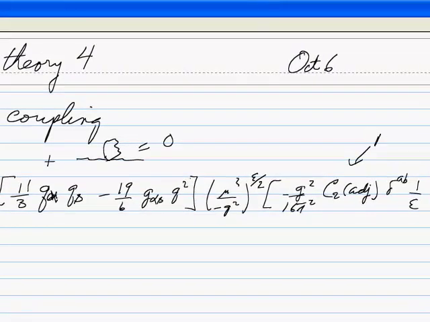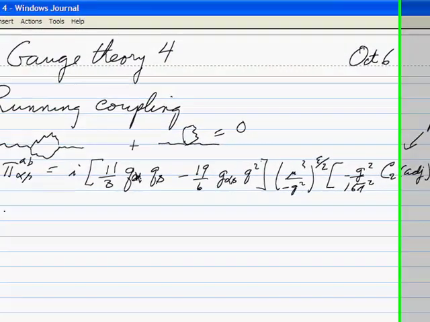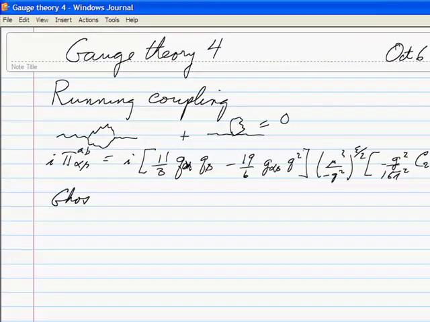Okay, C2 of the adjoint is just a fancy way of writing N, but we'll keep that notation because there are various identities that pop up in what we're doing next. Okay, this one, however, has to be completed by doing the ghost. So let's do the ghost Lagrangian. The ghost term,